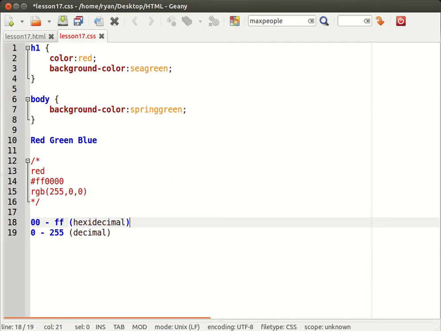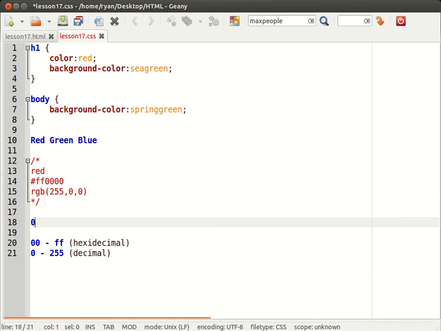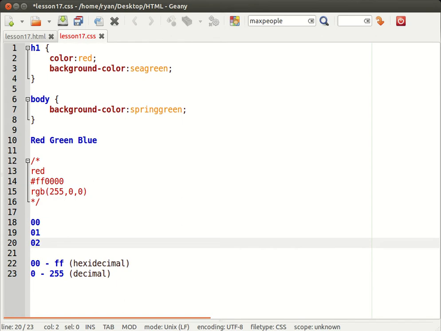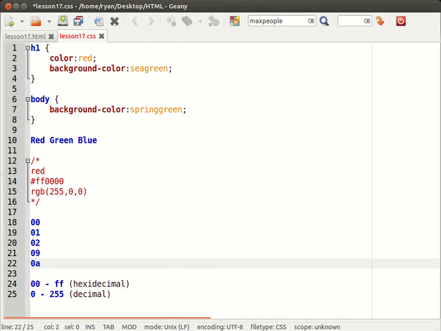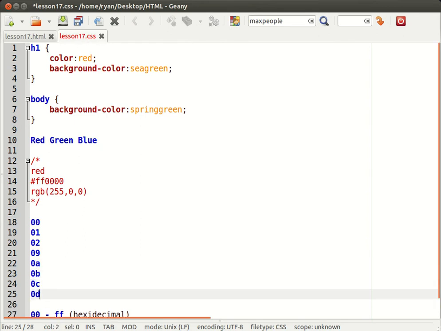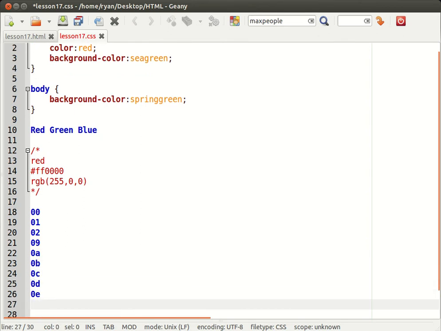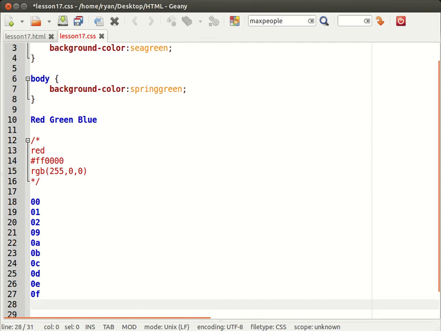Okay, decimal means 10, hexadecimal means 16. So to count in hexadecimal, we would go 0, 1, 2, 3, 4, 5, 6, 7, 8, 9, A, B, C, D, E, F. So F being your very last number. So if you're counting in 2 digits, you would go 00, 01, 02, all the way up to 09. After 09, you would go 0A, 0B, 0C, 0D, 0E, 0F, and then you'd go back to 1 again,